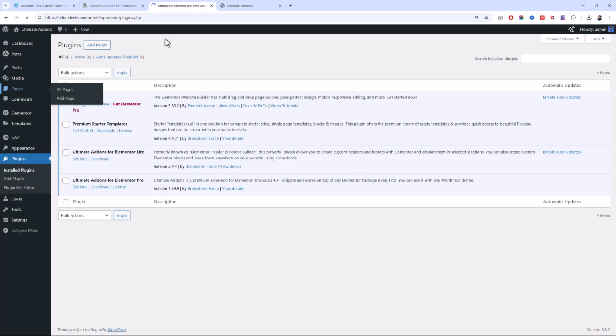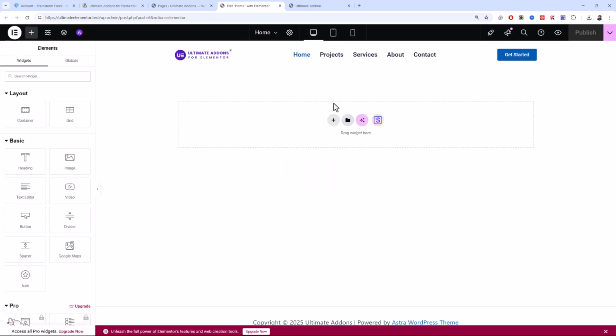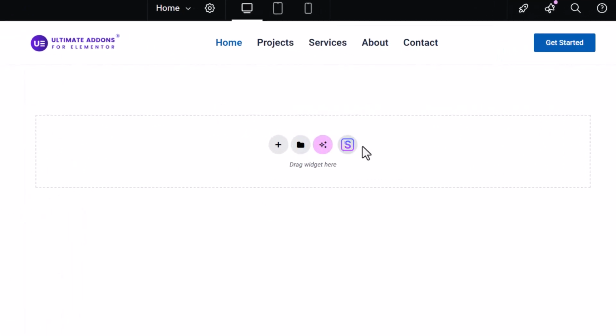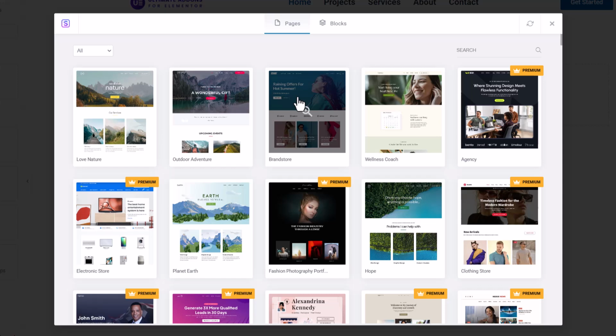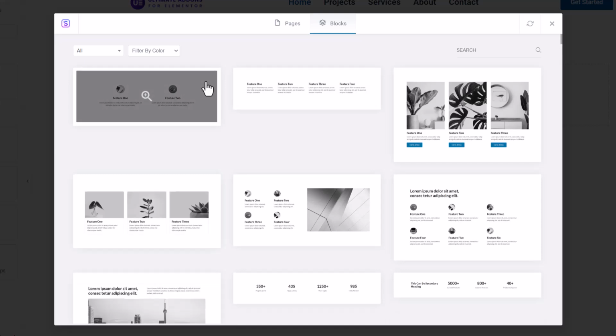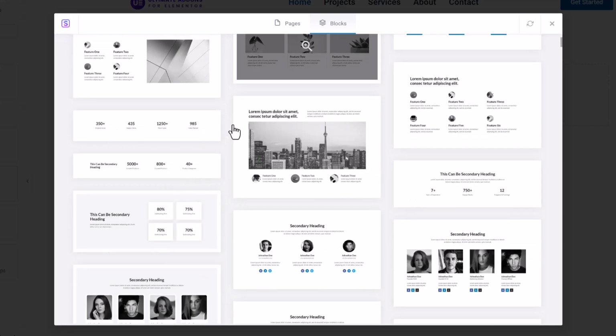Okay, now let's just navigate to the pages, and I have a couple of pages over here. I'll start editing the home page, and now you can see how quickly you can use those amazing section blocks to quickly create your pages. To access those blocks or templates, you can click on this starter templates button, and here you will see two options, full pages and the blocks. Blocks are handy when you want to build a customized landing page and you basically need some structures to lay out your content.